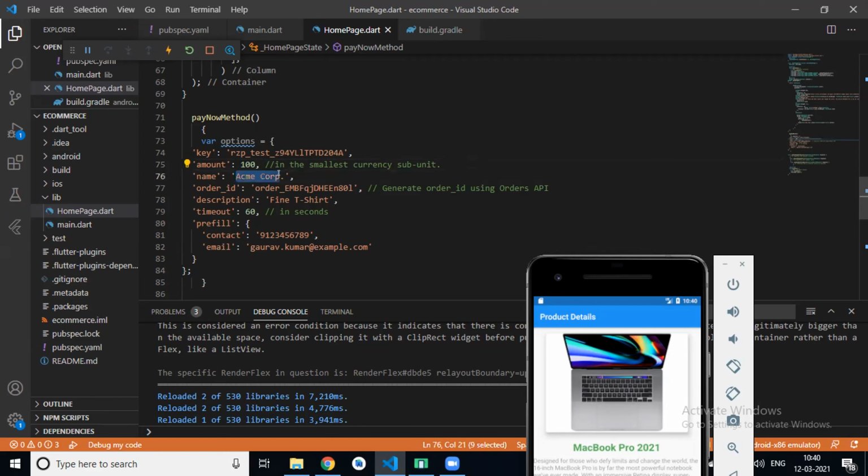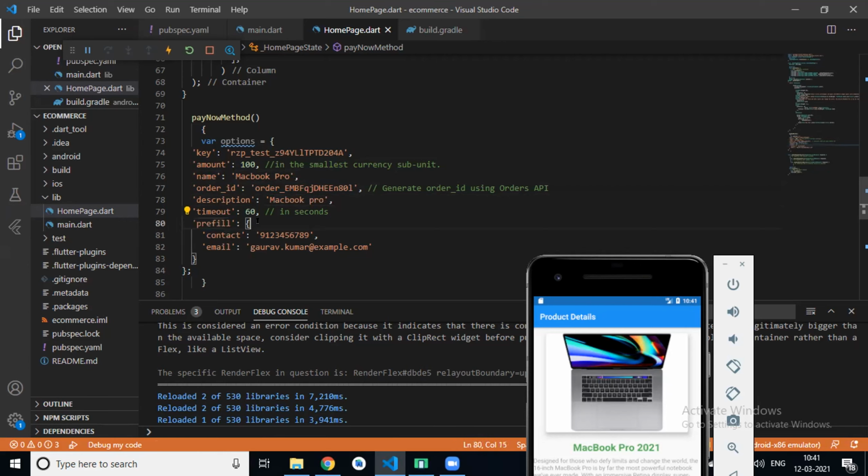Name is laptop, that's the MacBook Pro. We can get this amount and text from our screen, right? Then we have order ID and description. We can get this description from our text widget, right? And timeout, then prefill. This is important.